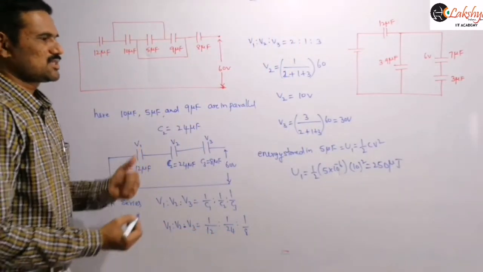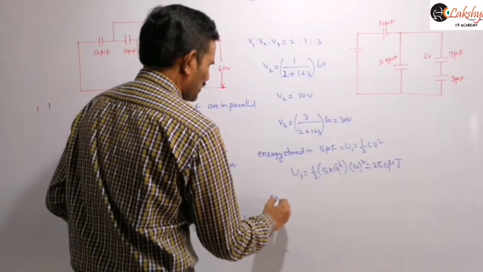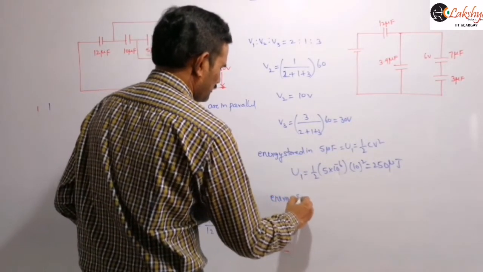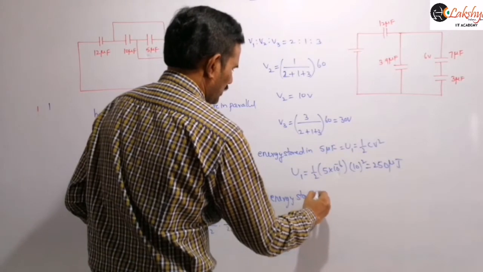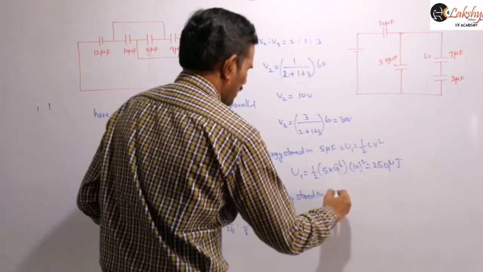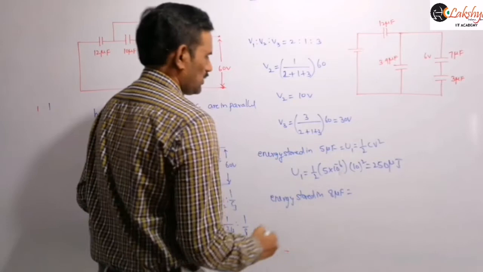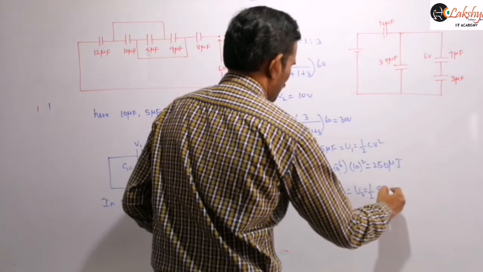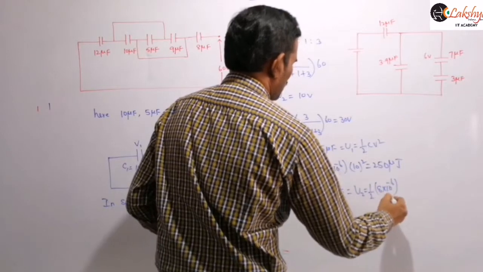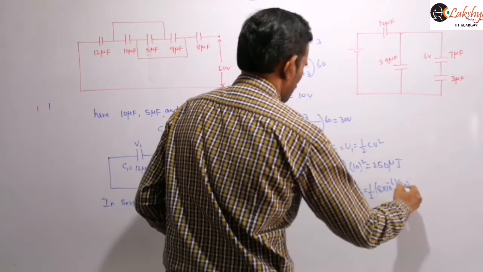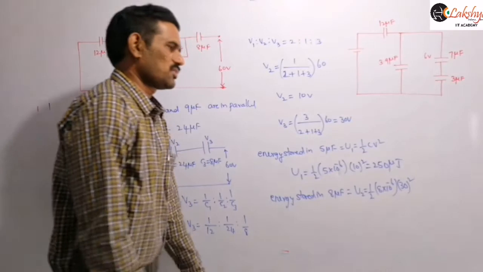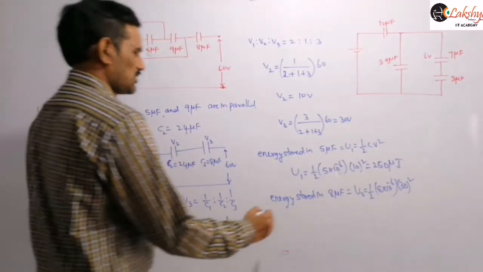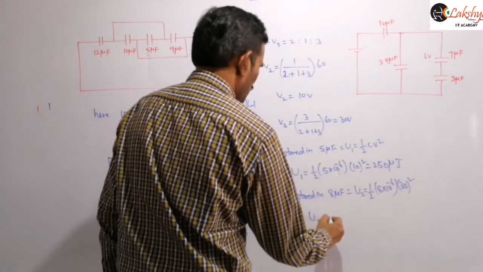And similarly, the energy stored in the 8 microfarad capacitor. You can apply just that formula here. Suppose it is U2, half C V square formula: 8 into 10 power minus 6 into V, which is 13 whole square, right? And so therefore this U2 is equal to